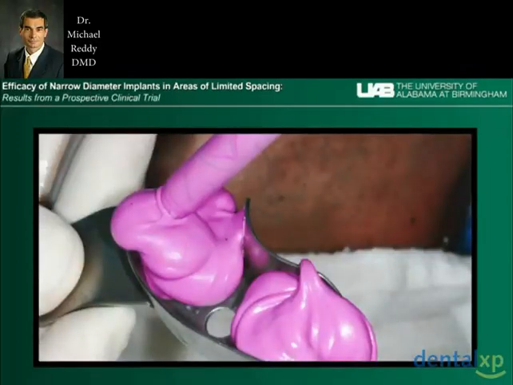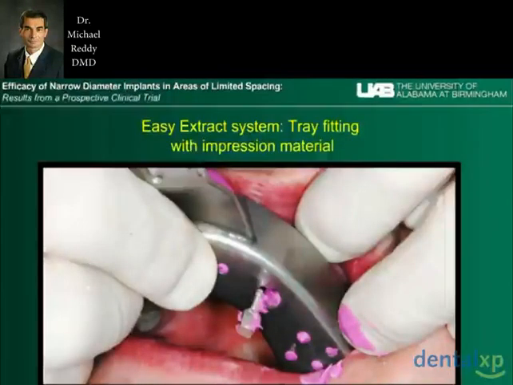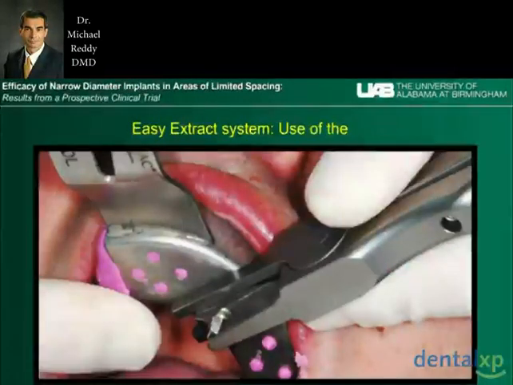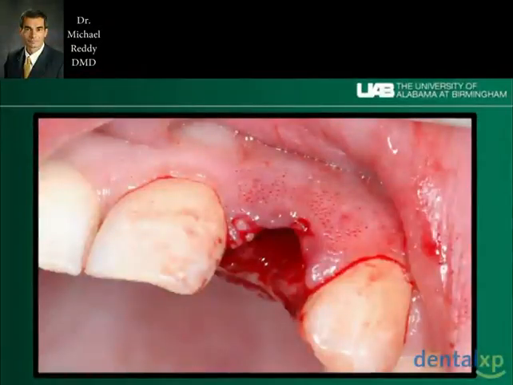This implant was removed. This rests on impression material on the adjacent teeth, and this essentially is a scissors jack that is used to go ahead and atraumatically extract the tooth. Kind of an easy way to take one of those out. So this is the tooth extracted at this point,